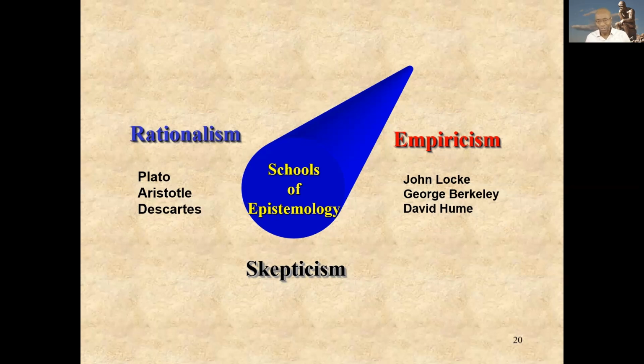Last but not least, the last school is called skepticism. In this course, I'm not going to discuss any particular skeptic, but skepticism is a view that the acquisition of knowledge is impossible. We cannot know anything. The rationalists can't have certainty, the empiricists can't have certainty, the mathematician can't have certainty, the scientists can't have certainty, the theologians, religious folks, the theologians can't have certainty. So skepticism is the view that we can't know. I'm not going to go in depth in this particular course on it,